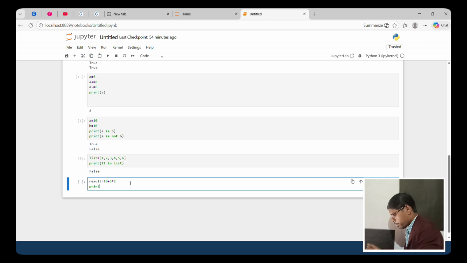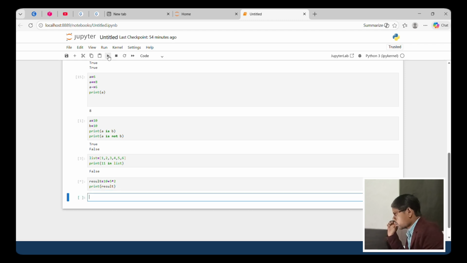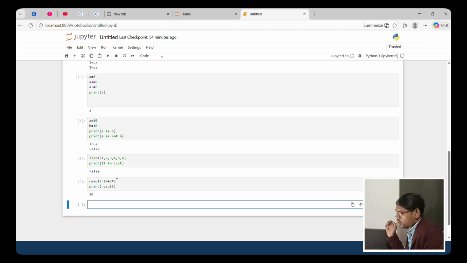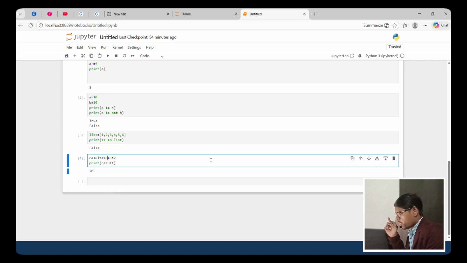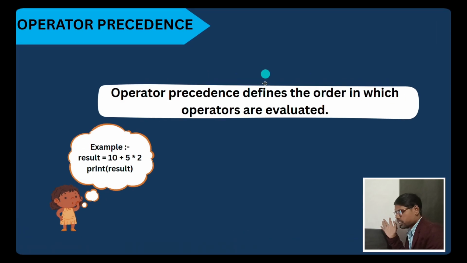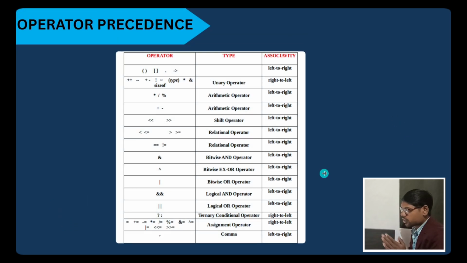Result 10 plus 5 multiply 2 and print result. Okay, and check, yes, 20, because first multiply and last addition. Okay, multiply gives 10, 10 plus 10 is 20. Okay, this is the precedence, which operator is high and which operator is low. Okay, this is a list.